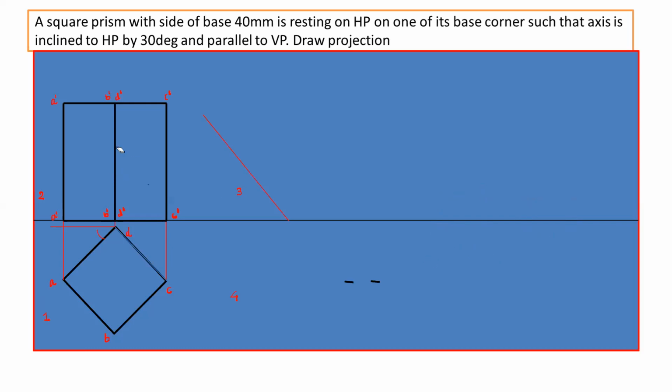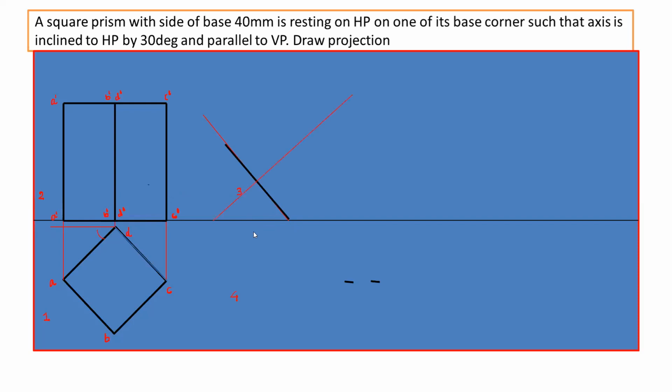So after that, we will rotate this front view. So that will be the third step. And draw the line inclined at 60 degree. So basically this line will represent this base. Okay. We have to make the axis incline by 30 degree. So base will be at 60 degree. So draw this line. So that will be nothing but the bottom base. So it is A dash, B dash, C dash, and D dash.